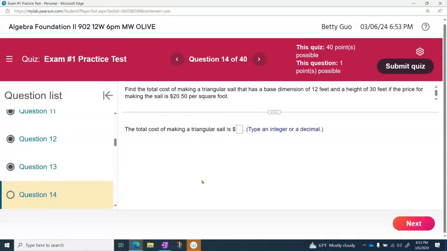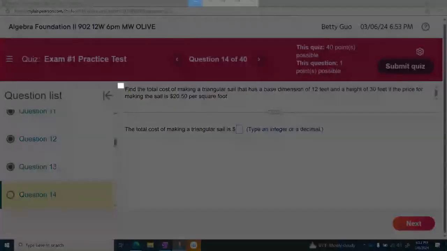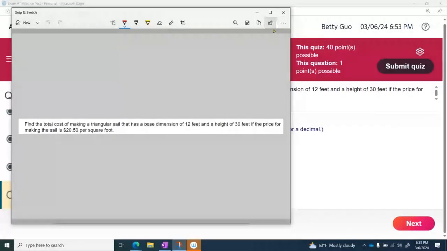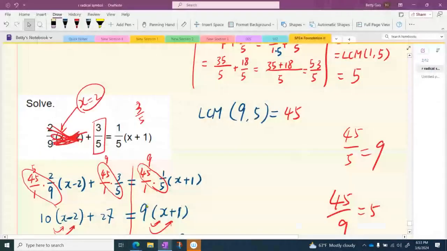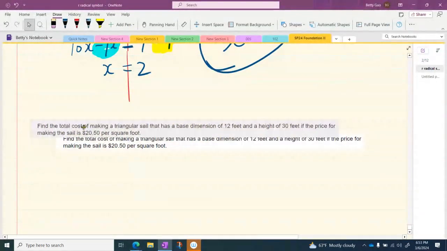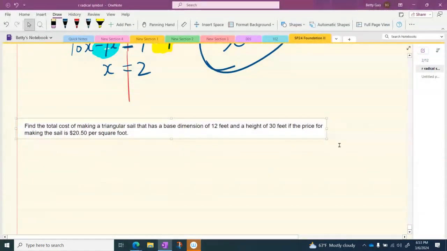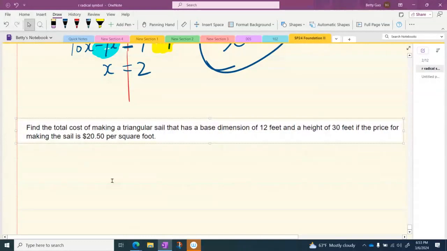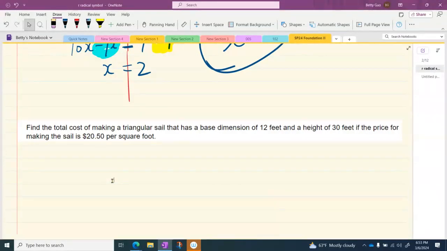Find the total cost of making a triangular sail. Okay, this is new. We're going to talk about this problem on my OneNote. Let's take time. It's a word problem, an application problem. Let's read it. Find the total cost. Yeah, a word problem has a lot of words. That means we need to take time to read them, right? Without reading them, how do you even